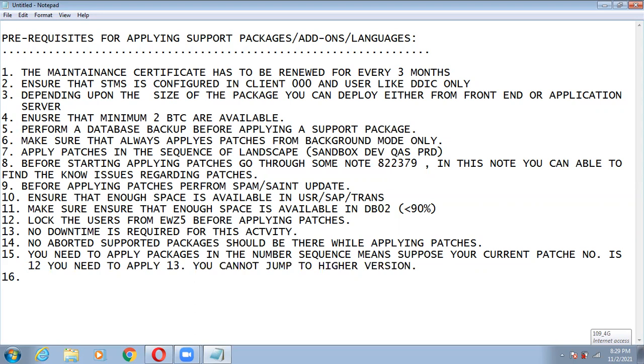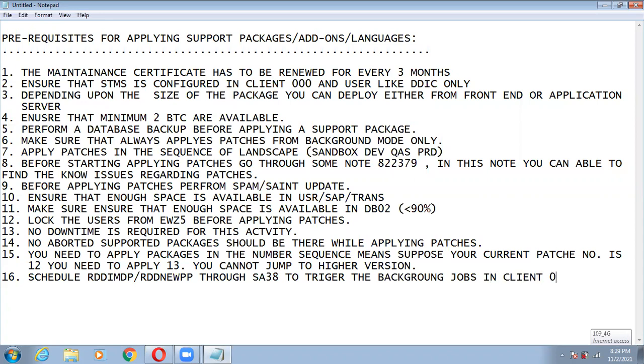Next point, schedule RDDIMPDP and RDDNEWPP through SE38 to trigger background jobs in client 000 using user DDIC.